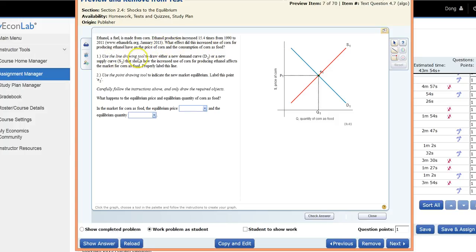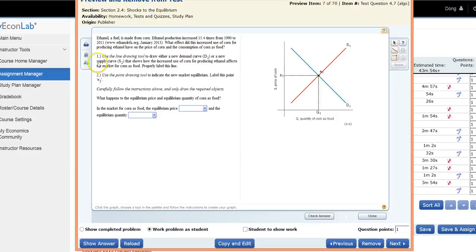1. Use the line drawing tool to draw either a new demand curve or a new supply curve that shows how the increased use of corn for producing ethanol affects the market for corn as food. Properly label this line. And number 2, use the point drawing tool to indicate the new market equilibrium. Label this point E2. So if we think about this question, the corn in this setup can be either used